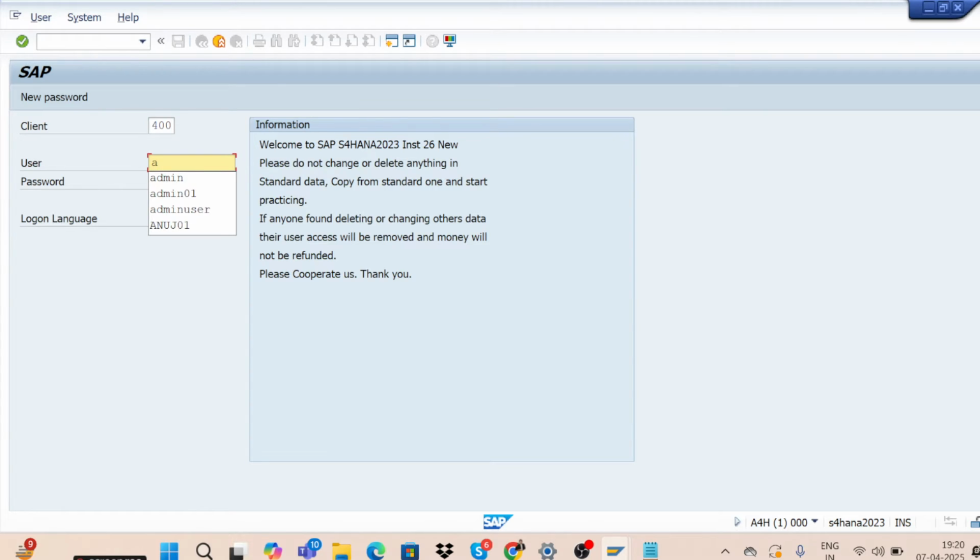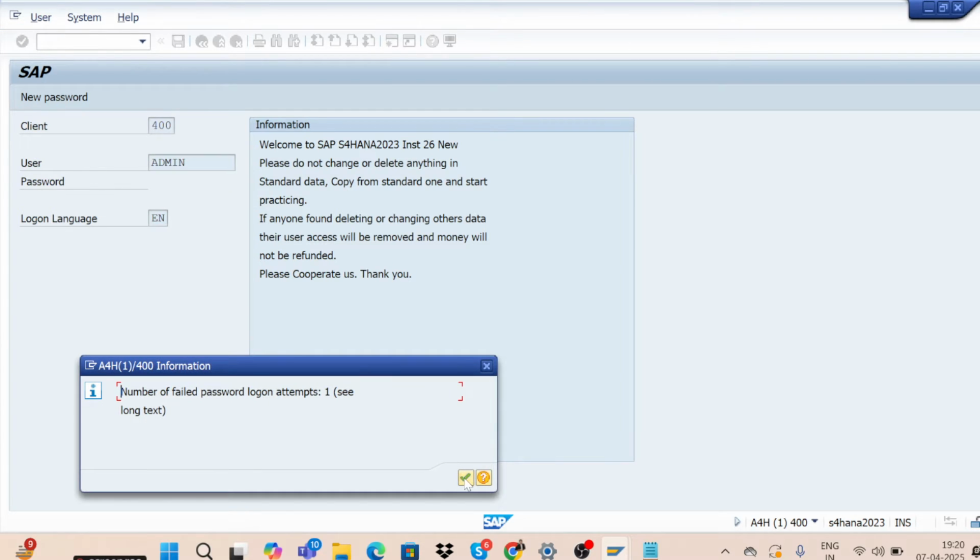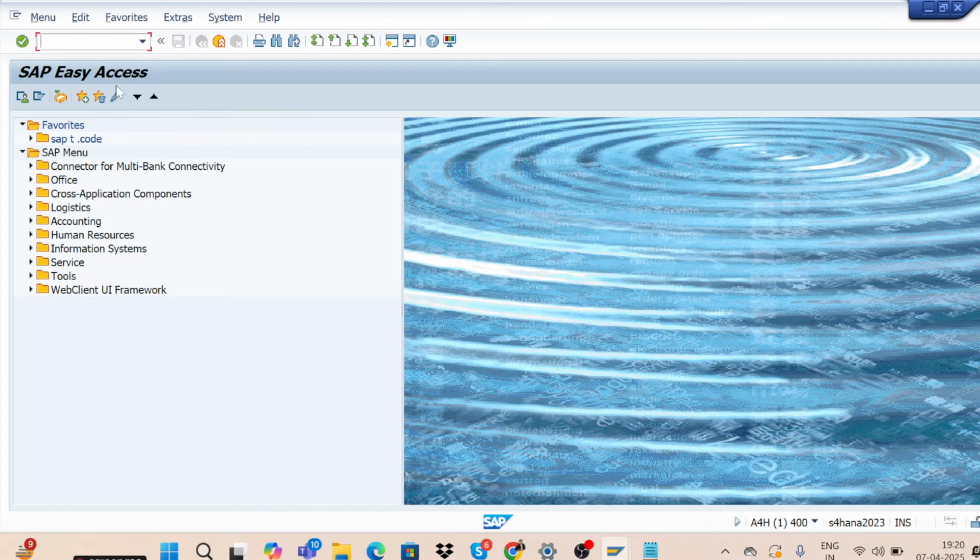So let me give my user ID and password here and log into the SAP system. The first step is to create a PO.